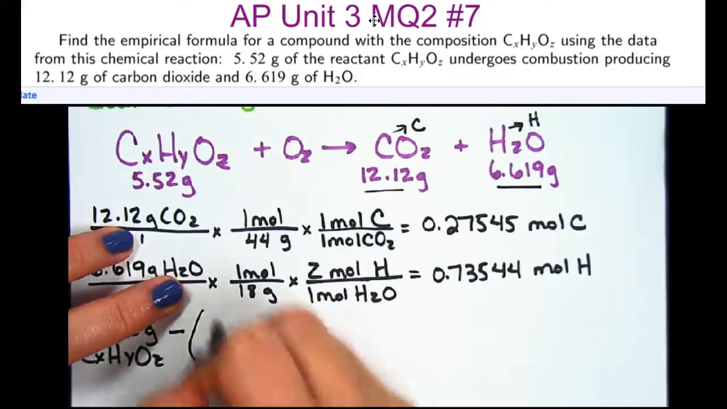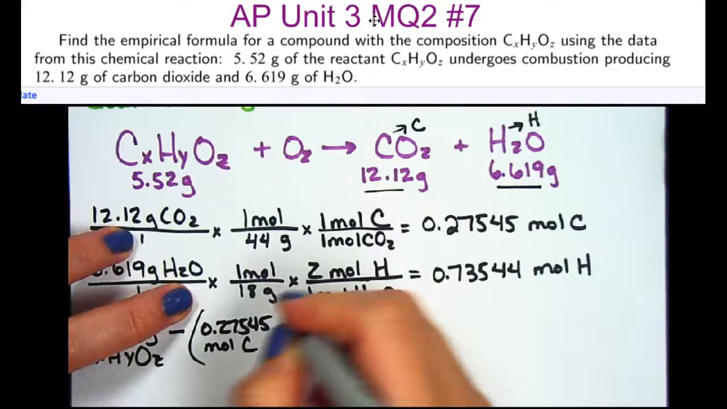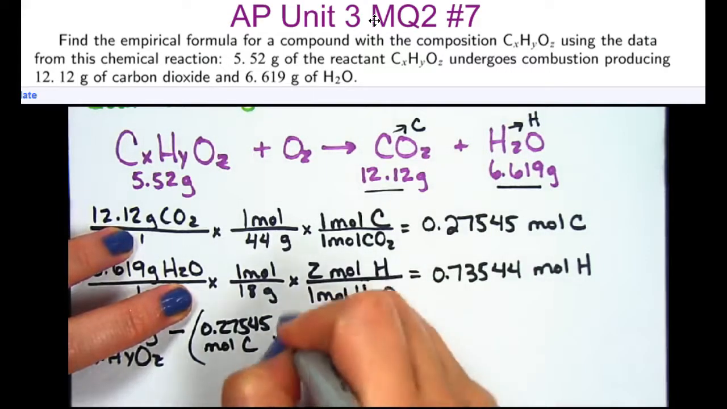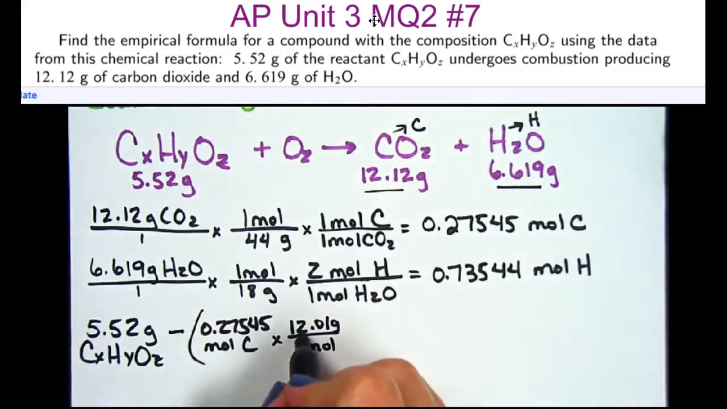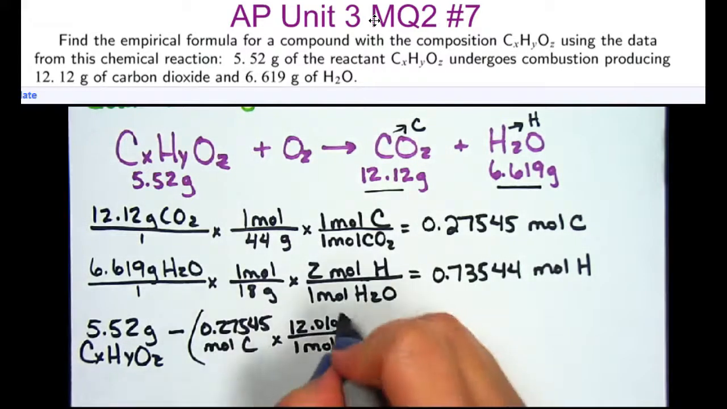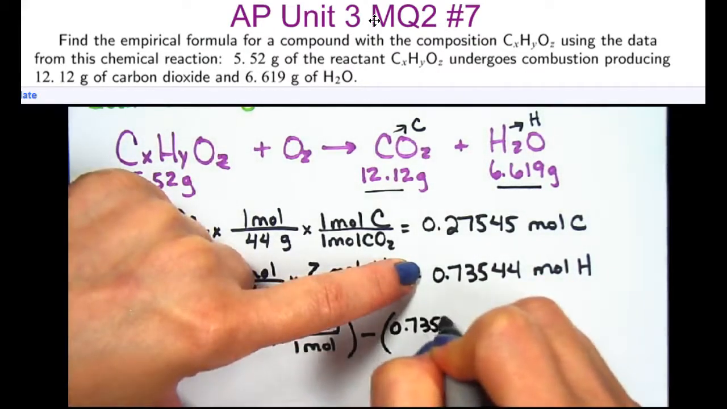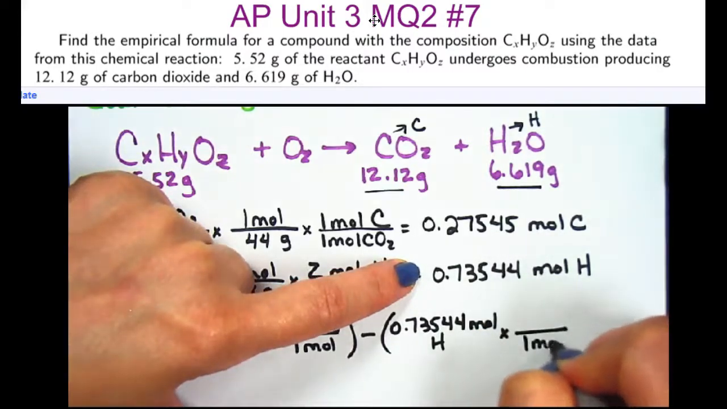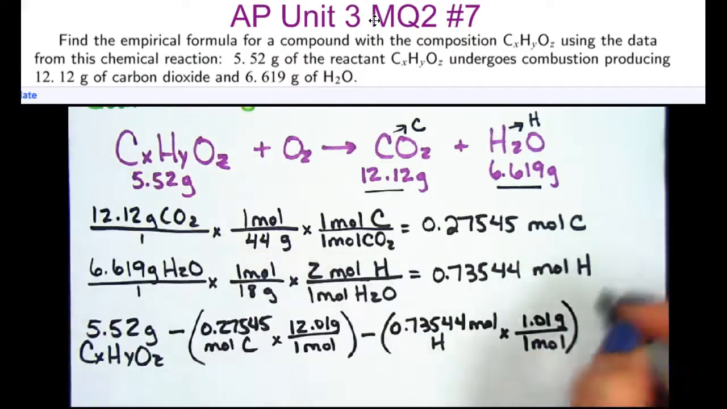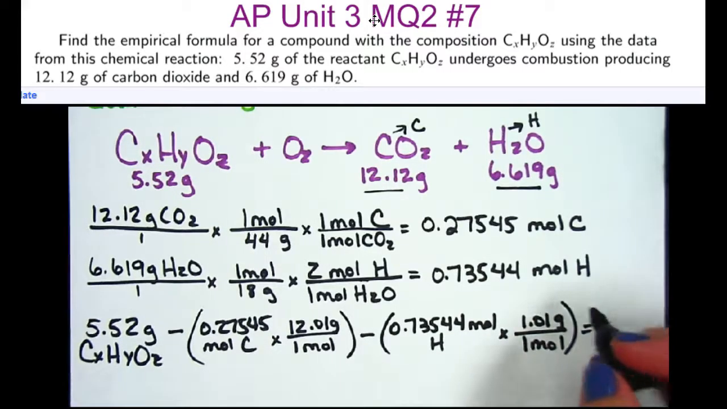I'm going to subtract the mass of the carbon, and if we want to know grams from mole, then we simply take our moles, 0.27545 moles of carbon, and 1 mole is equal to the grams from the periodic table. So this moles times 12.01 grams would end up giving me the grams of carbon. And then I'm going to also subtract out the moles of hydrogen converted to grams by multiplying it times the mass from the periodic table. So this value minus this value minus this value gives me the value of oxygen in grams,